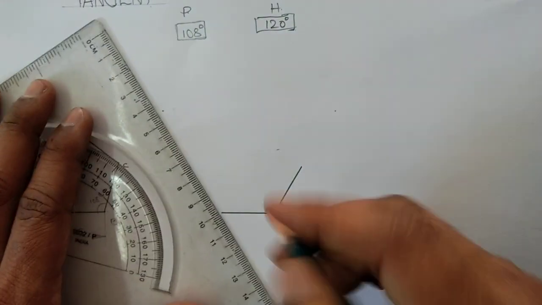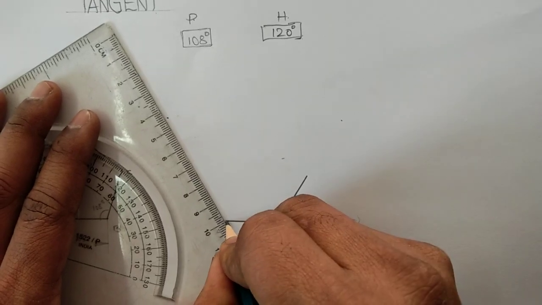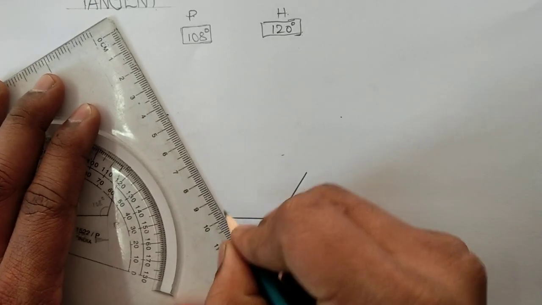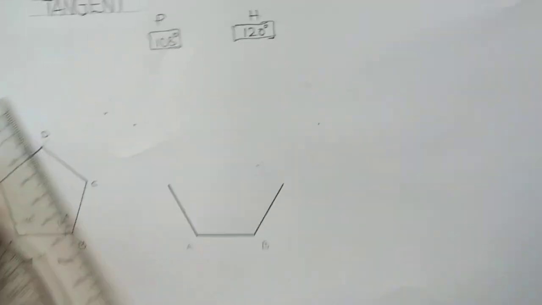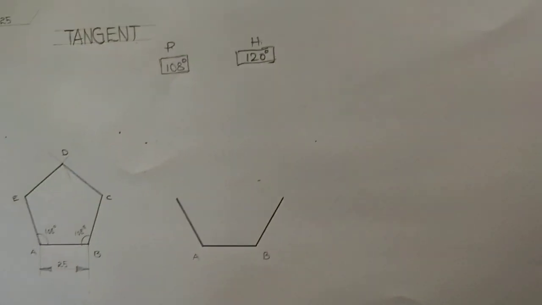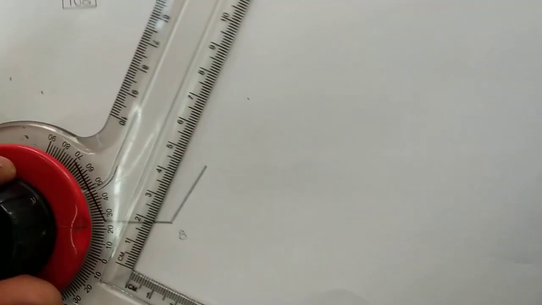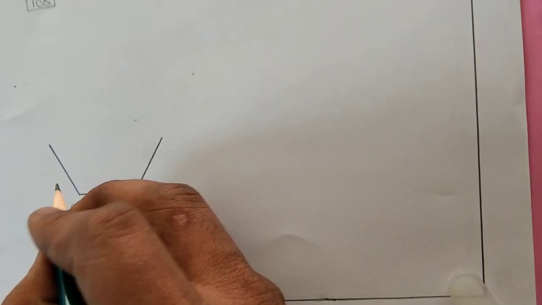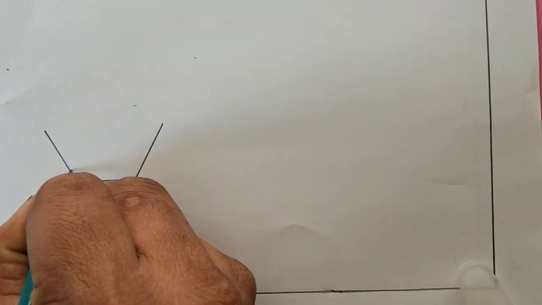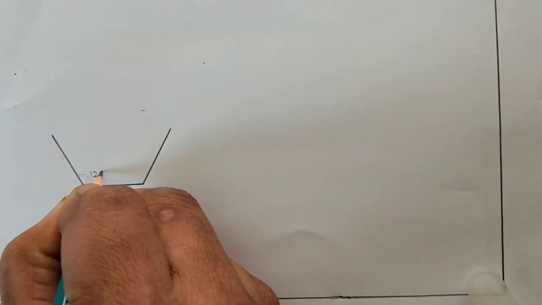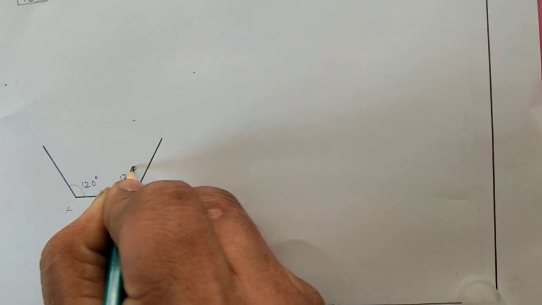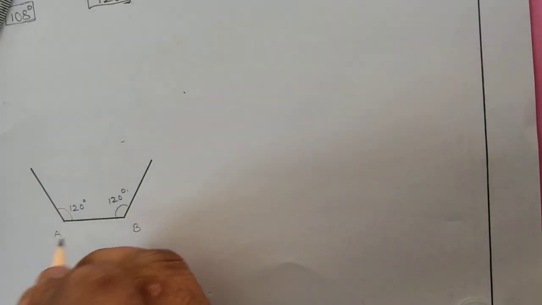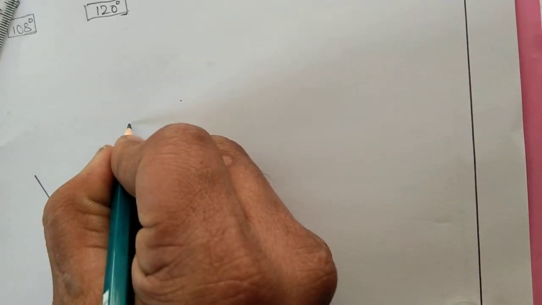So now again we should fix the drafter or set square to this particular point. Then we can draw the 25 mm line. This is 25 mm. And next, with the help of mini drafter, we can complete the remaining points. So this is a very simple process. Before that, let me give the inclination here. This is 120 degrees. This end also 120 degrees. After that we can name A, B, C. Here we will get D, E, F.